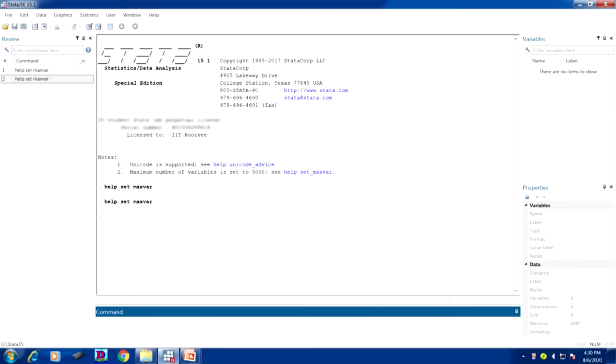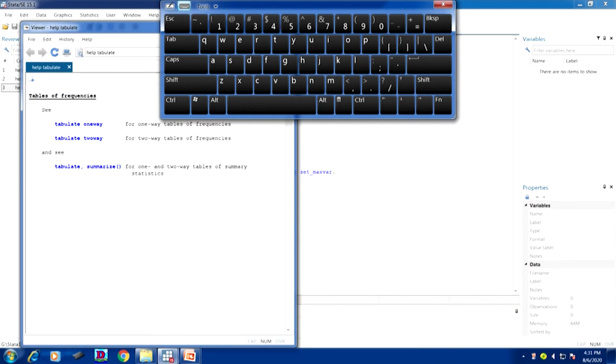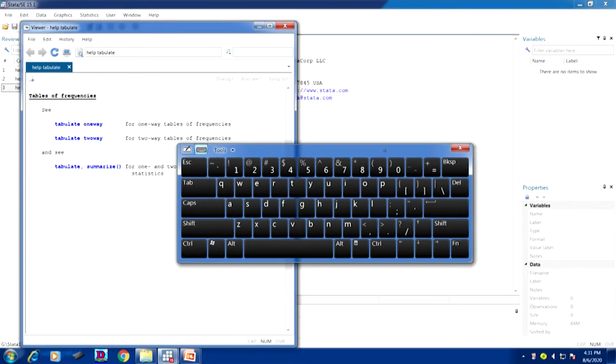If you simply type help here, help of anything, like if you want to tabulate, help tabulate, it will give you so many options, like tabulate one way tabulation, two way tabulation, or tabulate as well as summarize.